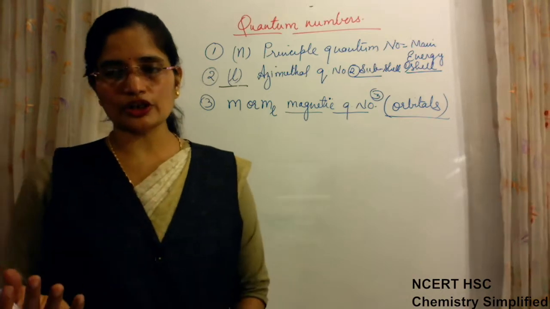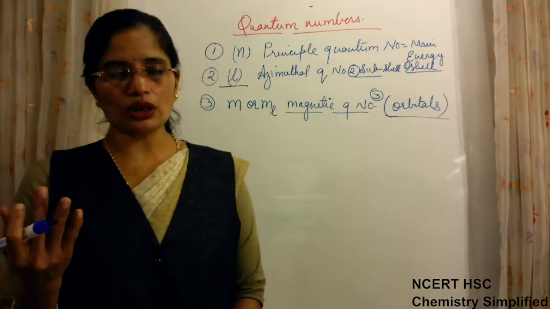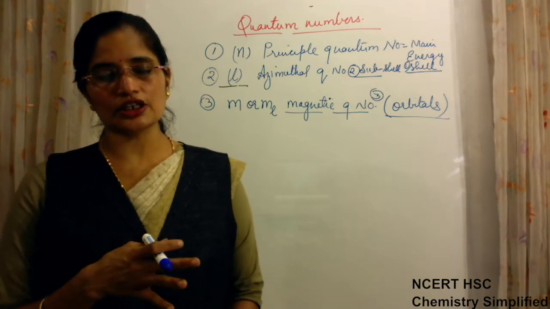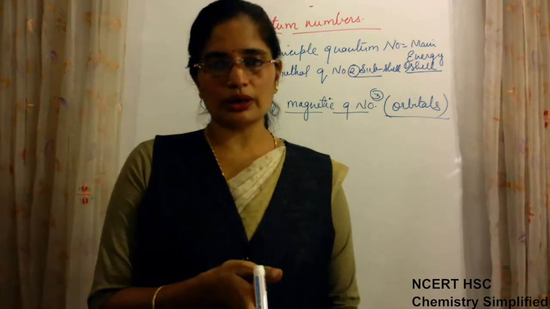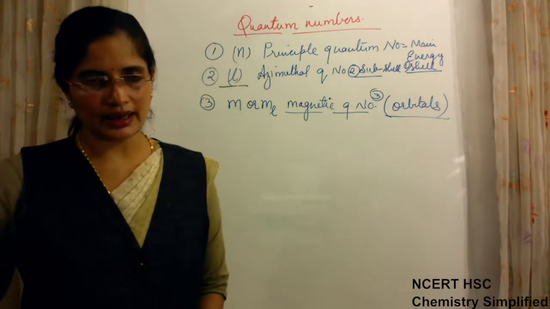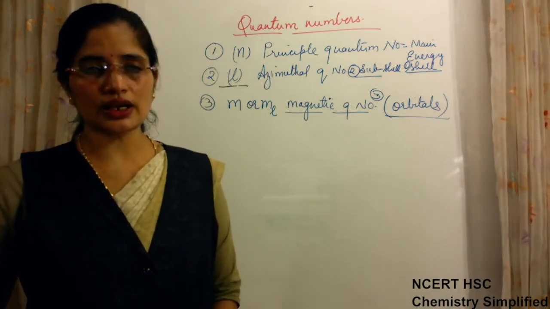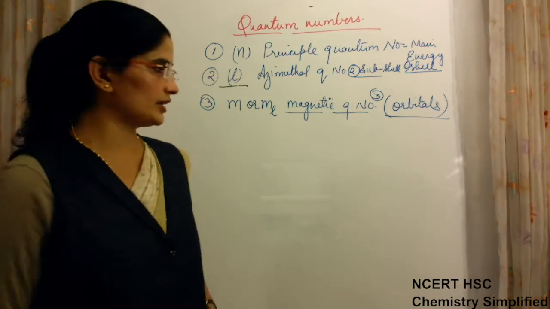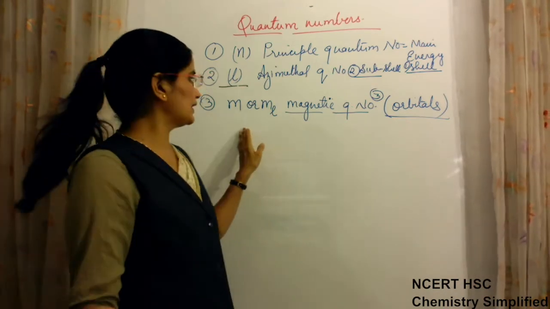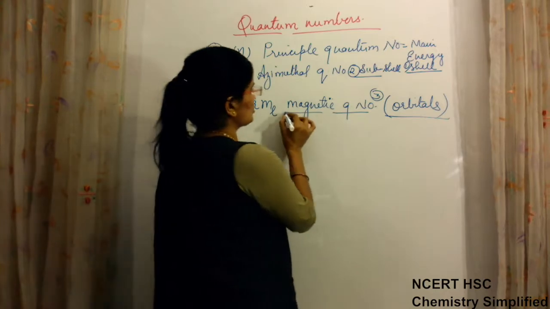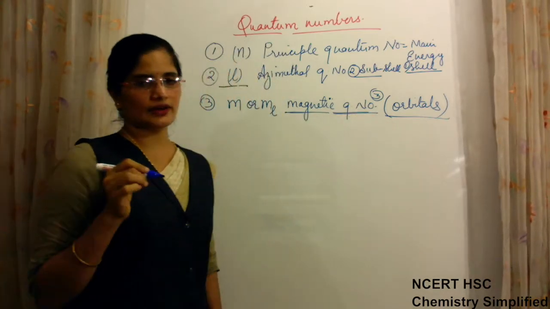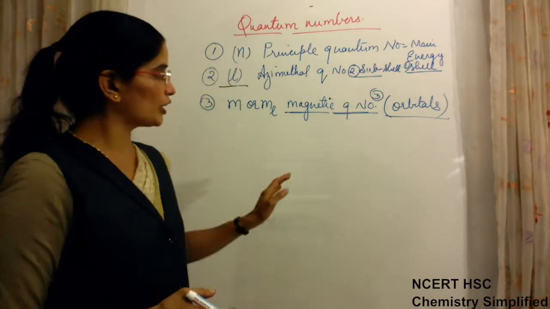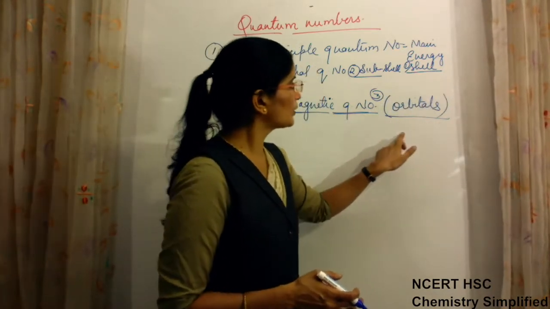If all the orbits are full, then that particular atom does not have attraction or repulsion from the outside magnetic field. But if electrons are not paired, they are affected by the external magnetic field. So this we will study later. Right now we just need to know that the magnetic quantum number is one of the values to be known for an electron, because it tells us about the orbitals.